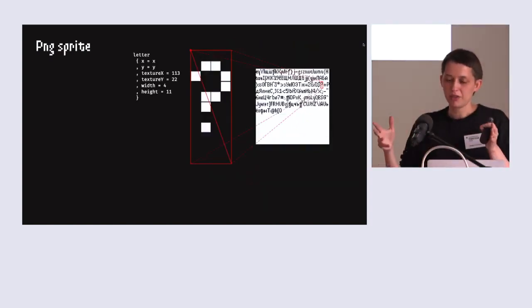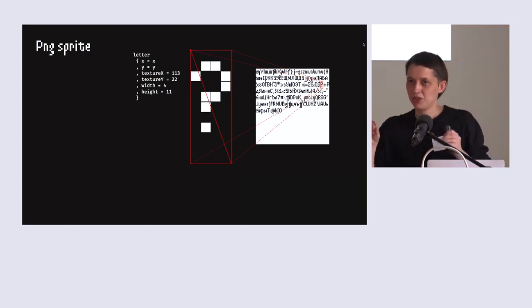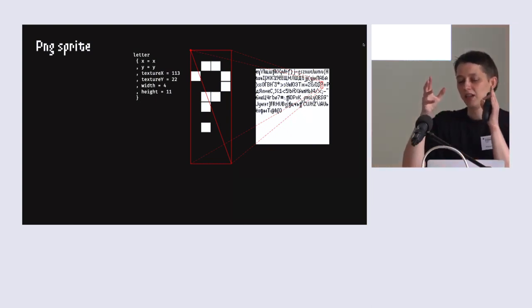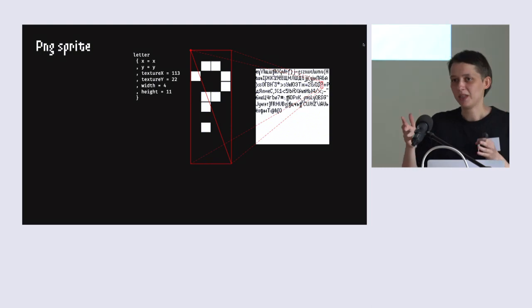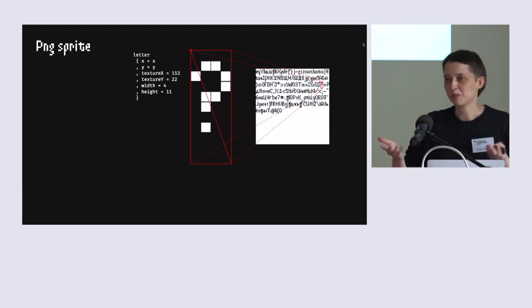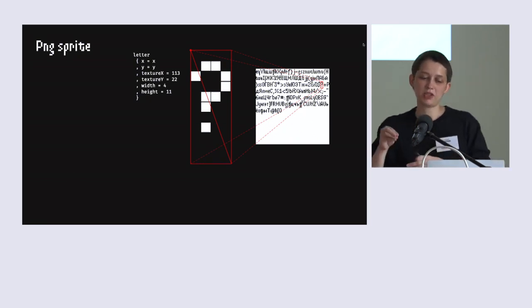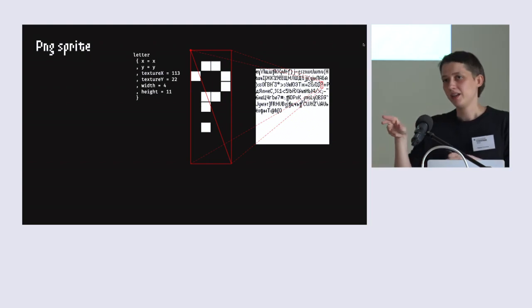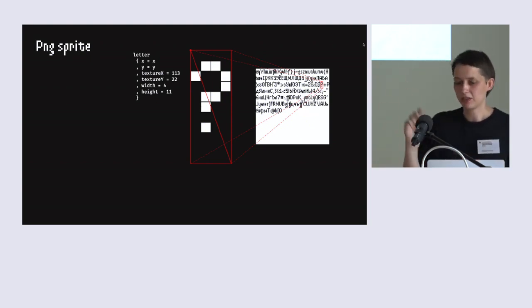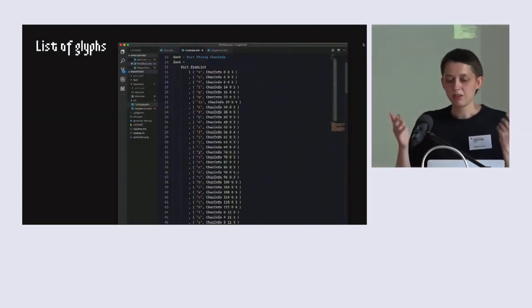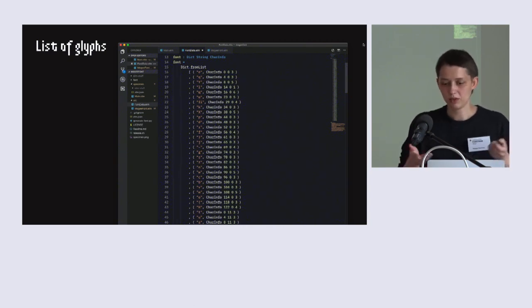After that, all these tiny PNGs were collected into one image, and this image is called a sprite. In our case, it was a PNG sprite, and each glyph has information about the width and height and the coordinates on this texture. And as I've mentioned, there was no graphical user interface, and our design tool was actually a text editor.